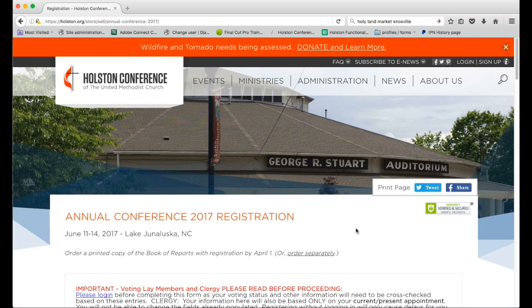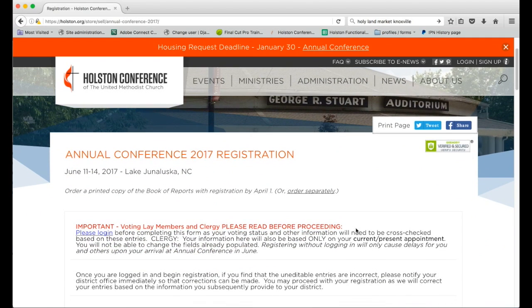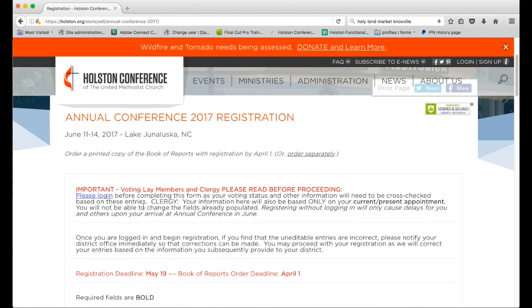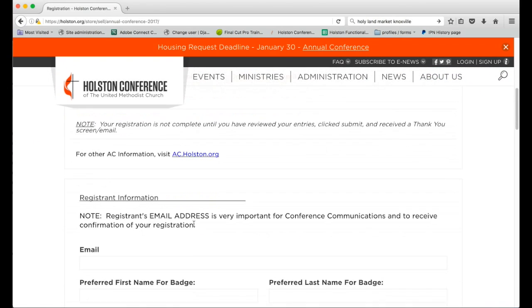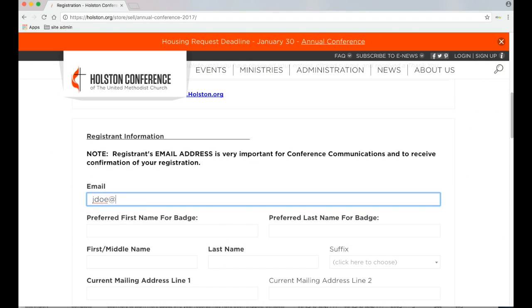So there are a couple of ways to approach the login for this year's annual conference registration. First of all, we have the instructions here about going ahead and logging in. You'll also find, though, that we have another step here that kind of helps you out if you're not sure about how that will work. So if you go here and enter your email address,